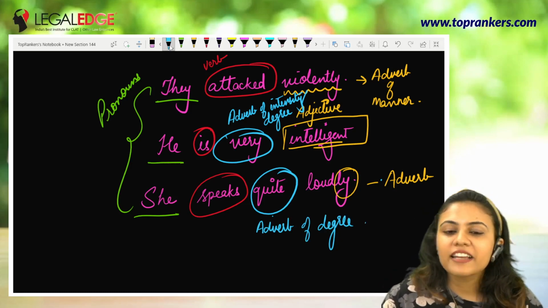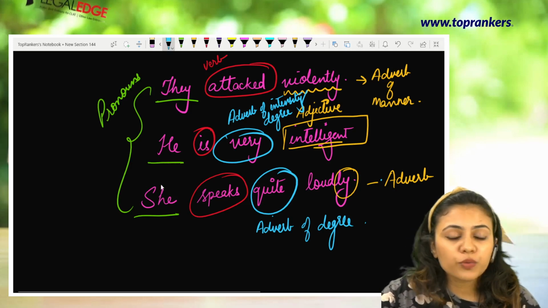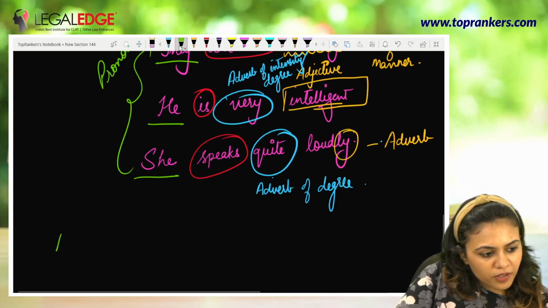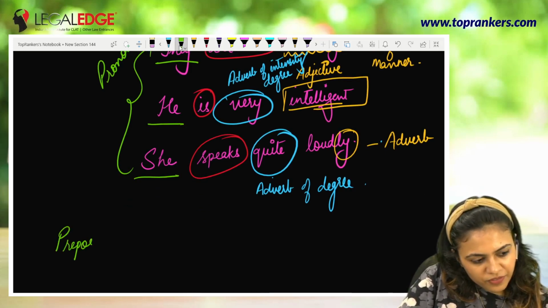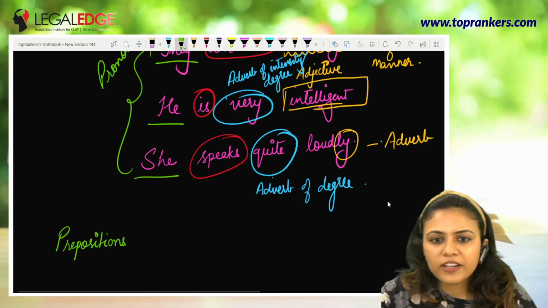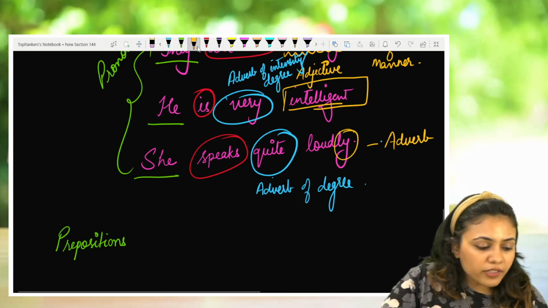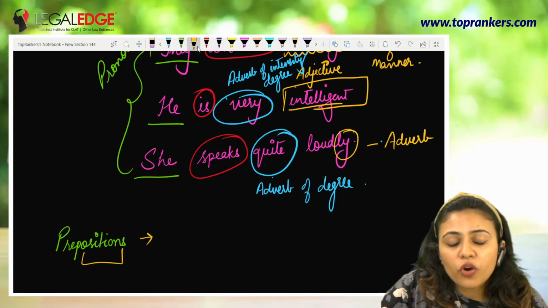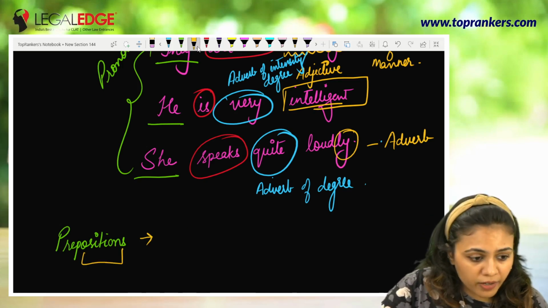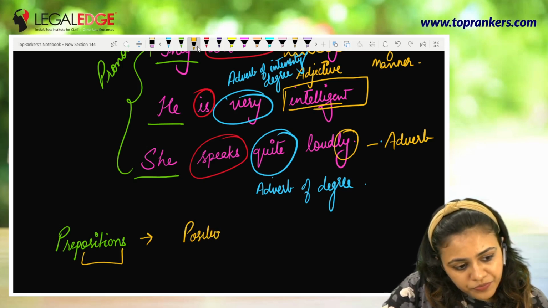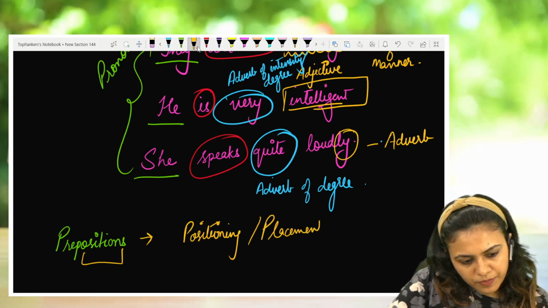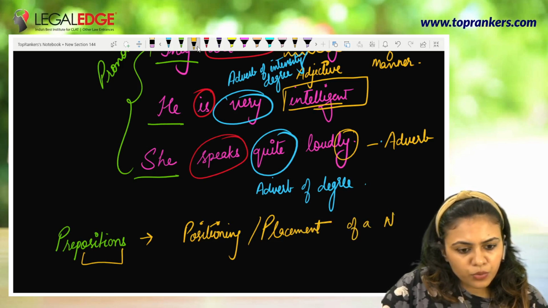So this is basically wrapping up adverbs here, and now moving to the next category. The next category is prepositions. Another very easy category. Now from the word itself, I think it's pretty evident that it tells us about placement or positioning of a noun or a pronoun with respect to the things around it. Okay, so positioning or placement of a noun,